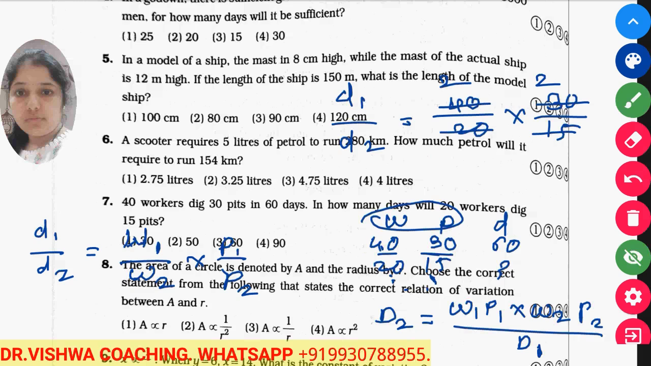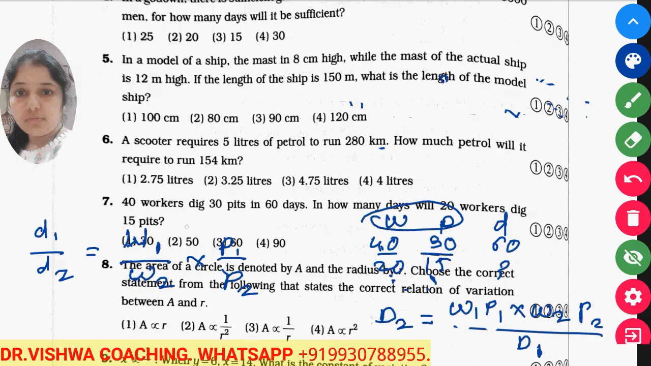So this 4 will... we'll solve by this method only, where W1 P1 means 40 into 30, 40 into 30 upon 60 plus 20 into 15. So it becomes